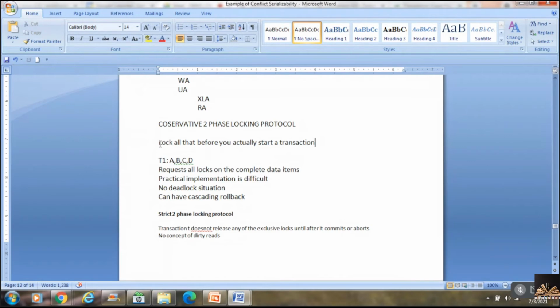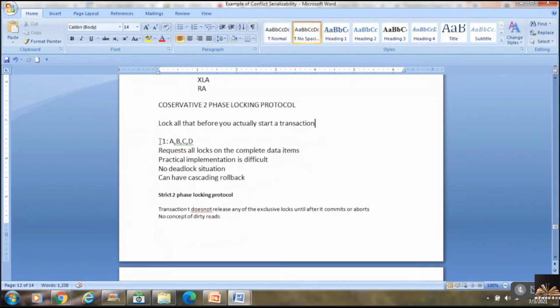So maybe a transaction T1 requires database items A, B, C, D for its execution. Once it knows that it requires A, B, C, D, I request locks on all those database items.